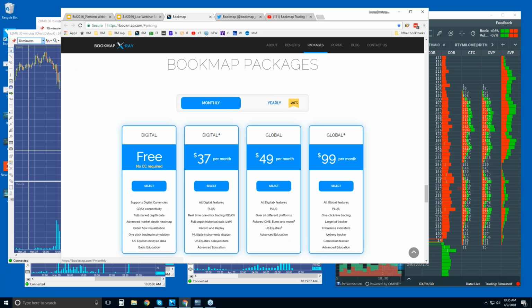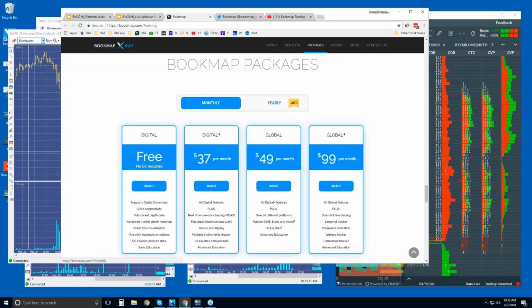The digital version here is free. You get a live feed to 1 digital currency, and that's all you get. Well, you also get a US equities delayed feed. It's a full working version. There's no data feed costs, and it's live. But you only get basic education and limited support. The Digital Plus version is where you can get up to 20 different digital